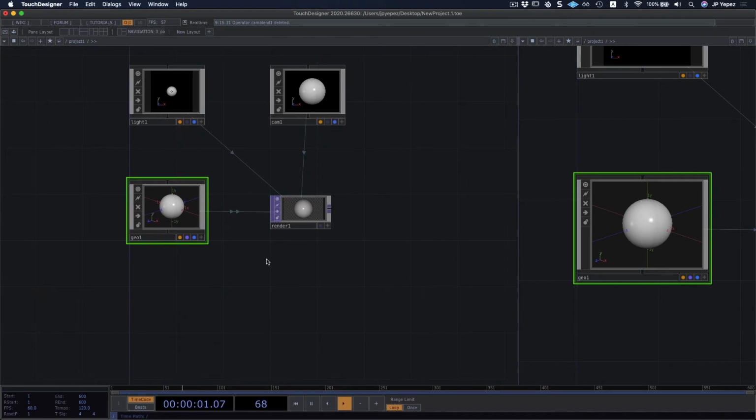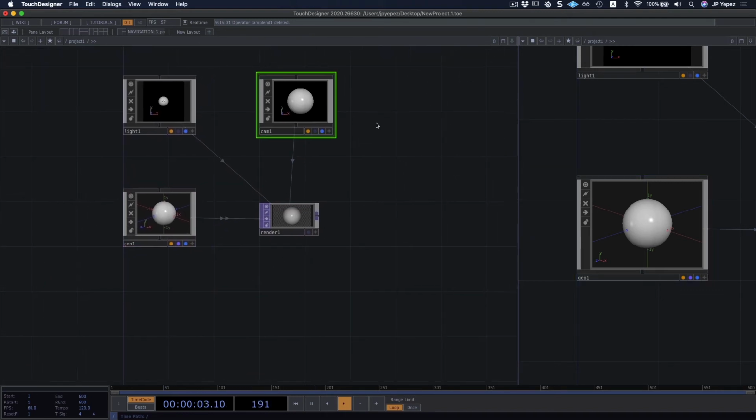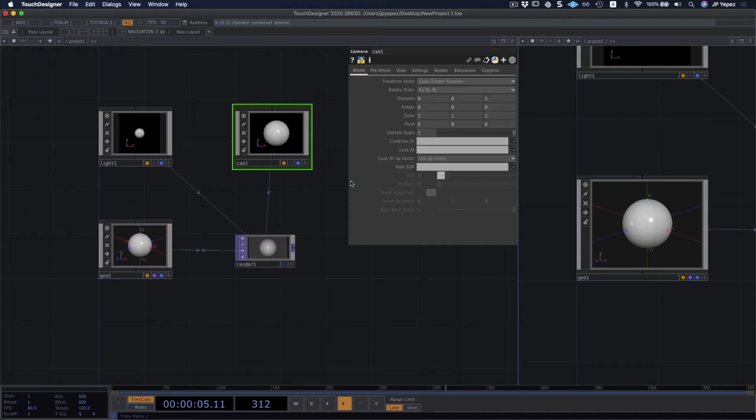And well, maybe I want to make sure that my camera is positioned in a different spot. Let's see if I can go to my camera, and on the pane I can see that it resembles a lot like what we saw on the transform tabs of many of our SOPs. So maybe let's set it to 4, 4, and 5. And what that means, as you can see, is I just made everything disappear.